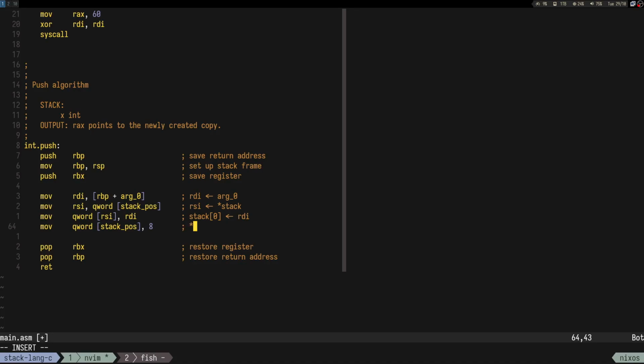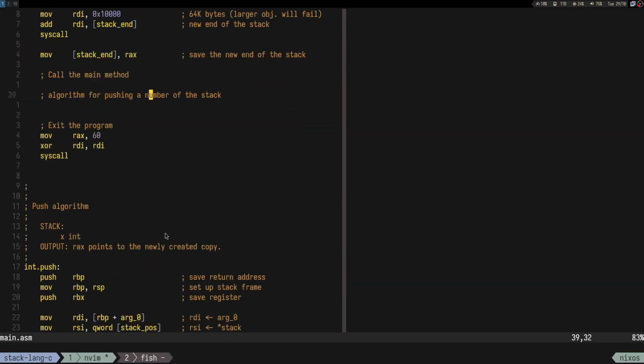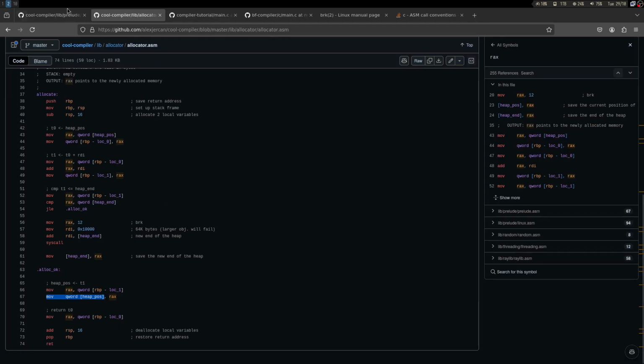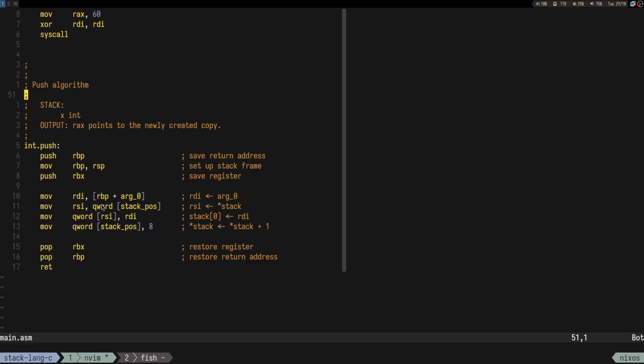So we just do something like stack plus 1 position. Right, we go to the next position. Yeah, the comments are not the best. I don't know if you have to add 8 or 1 though. I'm pretty sure here I have some